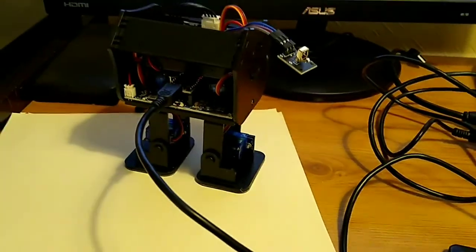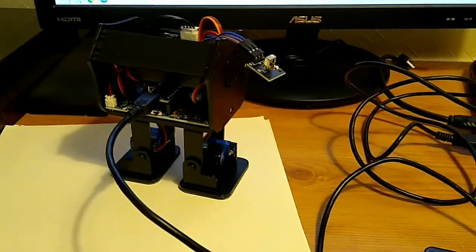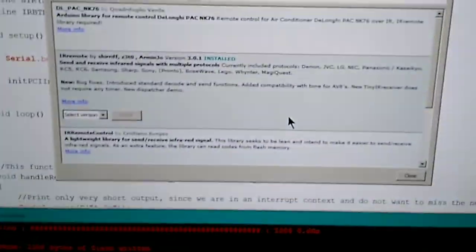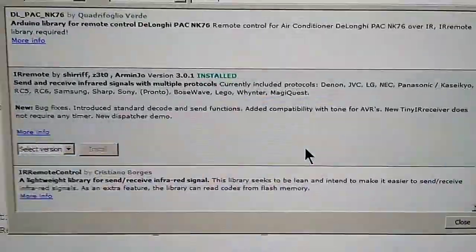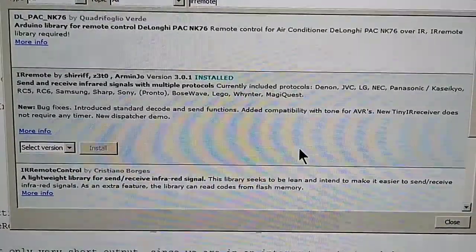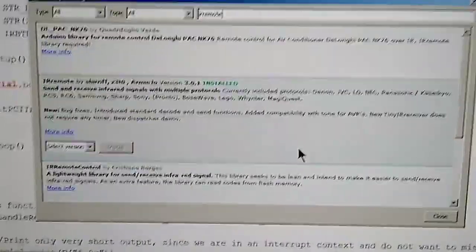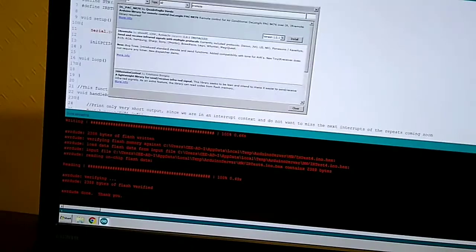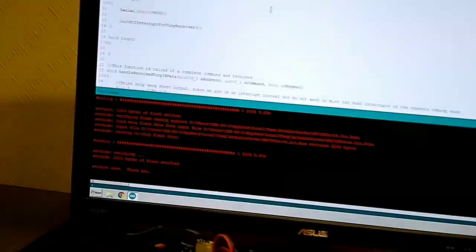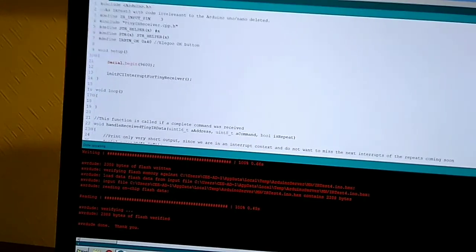Now when I tried it with their older version of their code, it didn't work. It returned random numbers. So I then checked and uploaded the most recent version of IR Remote, which is the library it uses. So that's now installed and was working. But I then found that it uses timer 2, which is also used with the Bluetooth. That's like an internal timer routine. So there was a clash when I